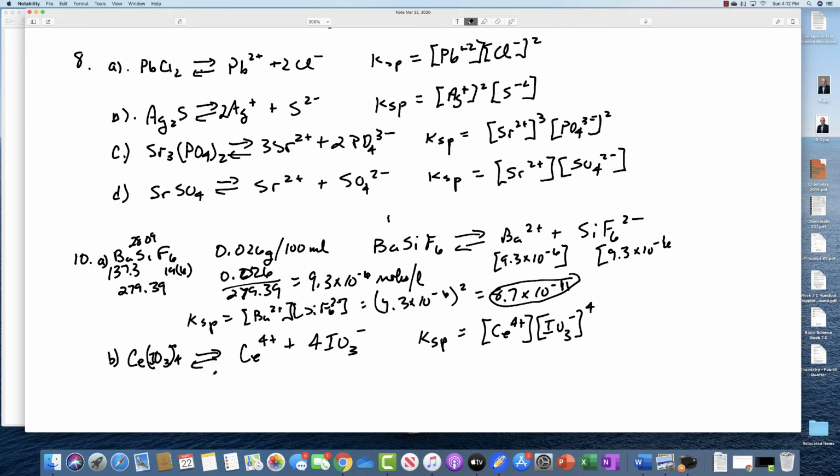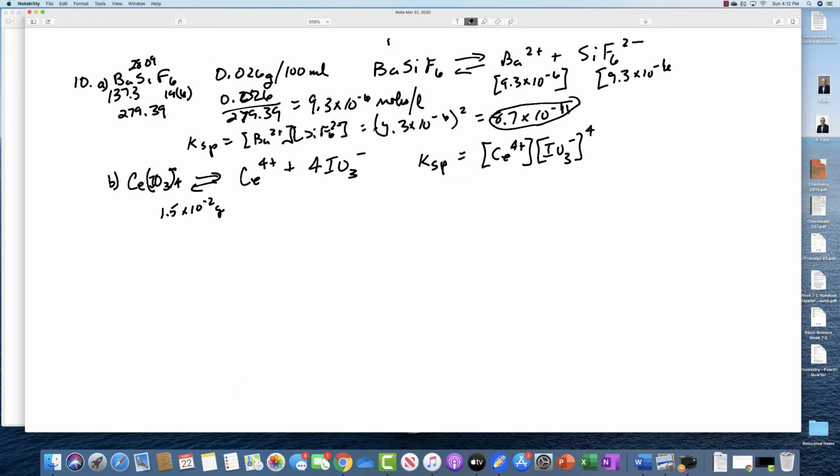The amount in grams is 1.5 times 10 to the minus 2 grams per 100. Actually, if this many grams per 100, then it's